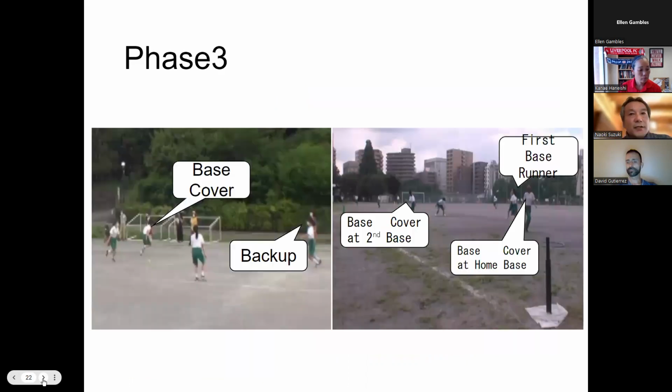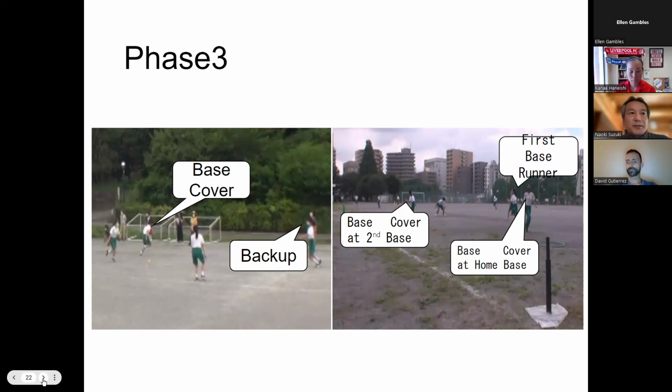Okay, next slide. In phase three, the defensive players will compete to clearly define their roles in catching, delaying, and covering the bases according to the situation, with an awareness of positioning, and to take appropriate roles according to the ball delivery and base advancement status of the attacking team. The tactical problem is to be able to participate in the game while making the tactical adjustments required by the complexity of the offensive and defensive decision making that is created by the remaining bases.